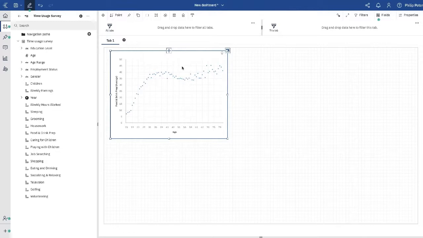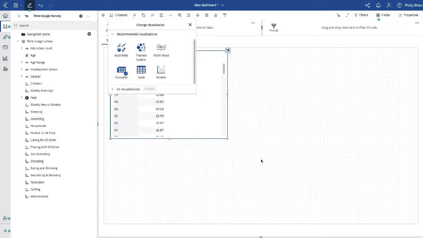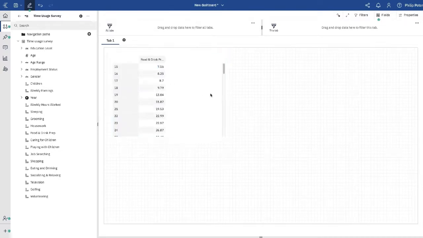But what we've added here now is the ability to learn the user preferences. So if, for example, I decide that, you know what, I really want to see this as a crosstab, I can simply make that selection. Now, it's already in the background started its learning process, and it's learned that I've got a preference now for crosstabs. It's not going to apply it though just yet,